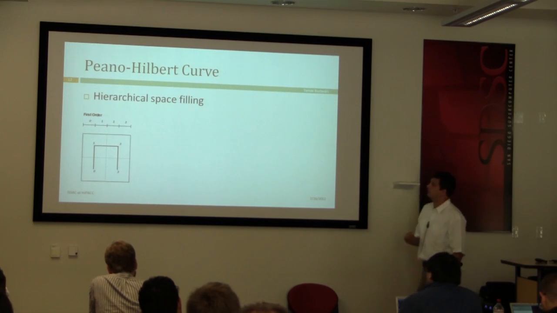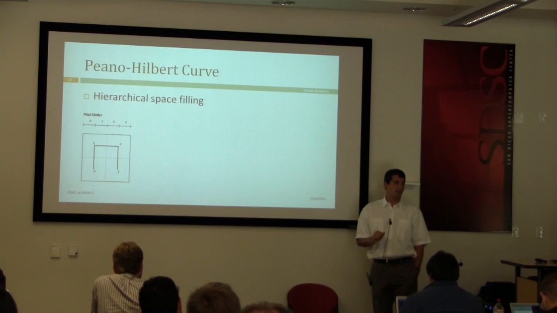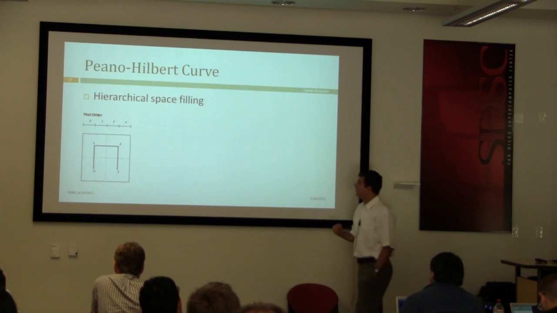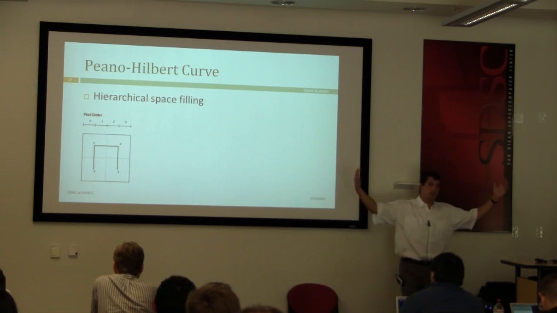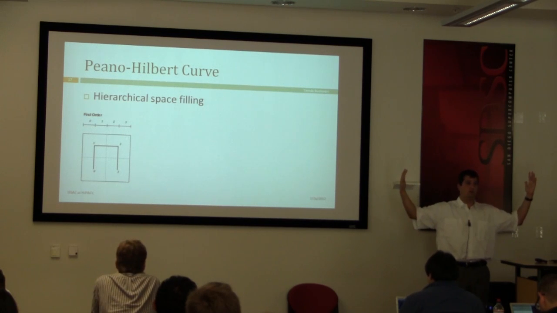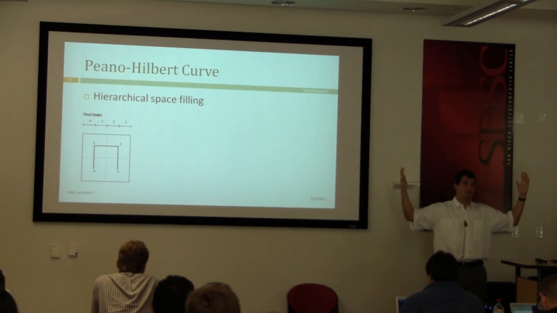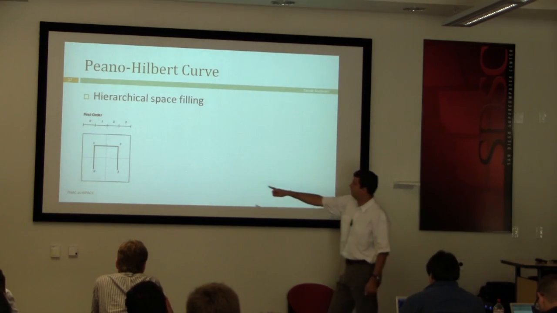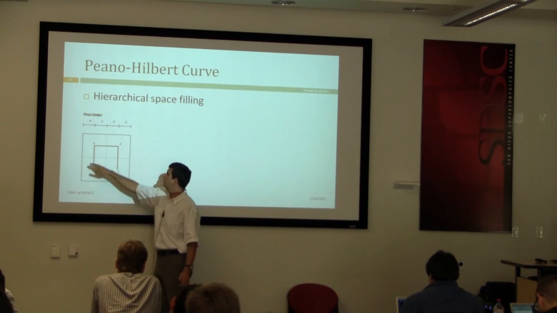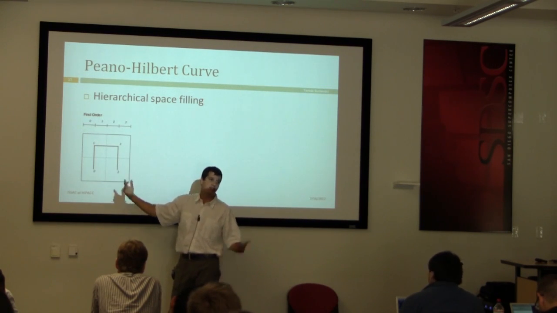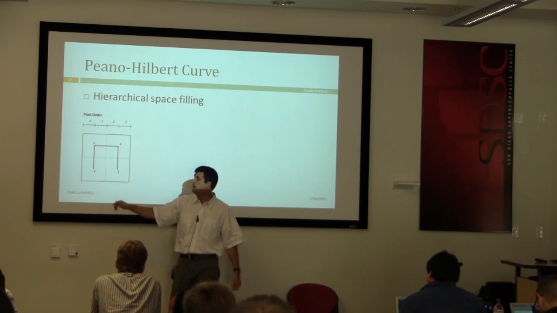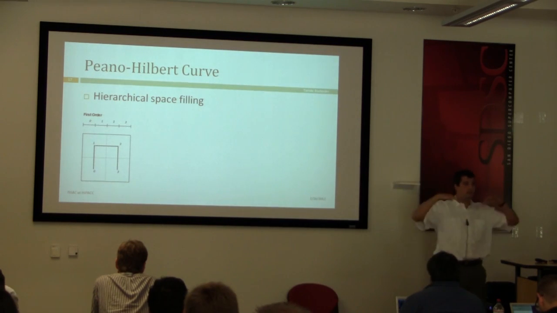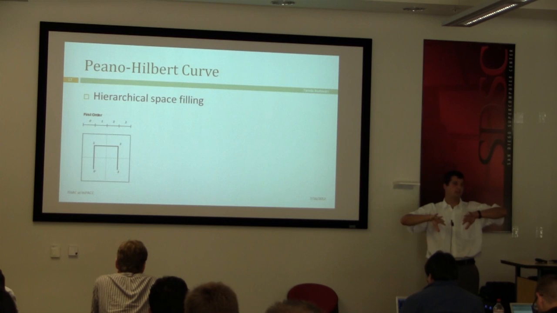Okay, so this is a Peano-Hilbert curve. It's a classic example. It turns out to be optimal in many ways. What happens is that you have a volume that you would like to go through, with some given resolution. Everything is discrete. It's computers. So you can chop this box up into 4 smaller boxes, or if it's in 3D, then it's 8 smaller boxes, and go through it just by doing this U shape. And then you recurse into every one of those boxes,